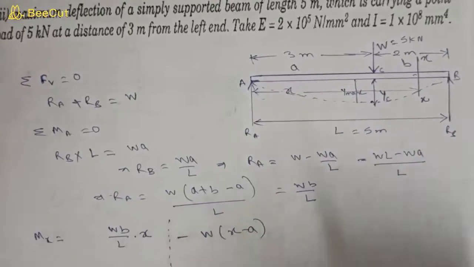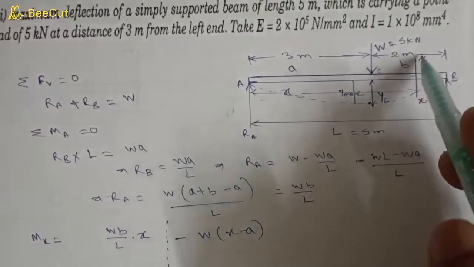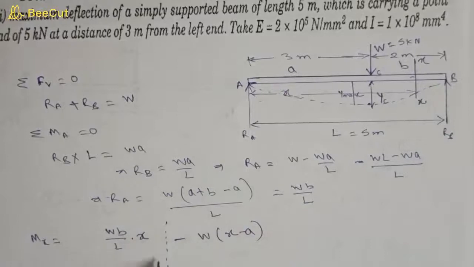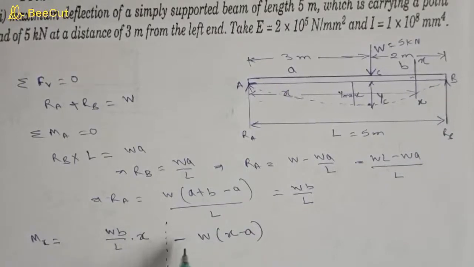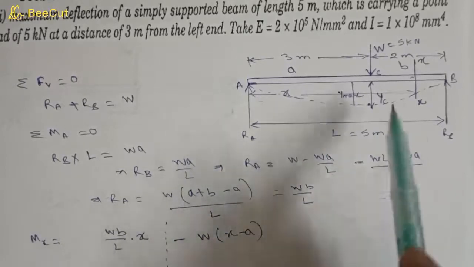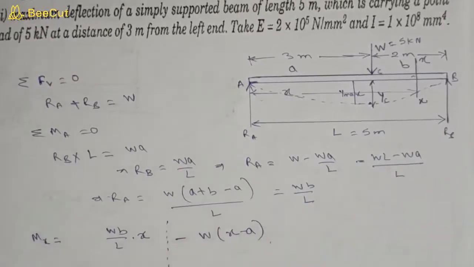Okay, so what was the first rule of the Macaulay's method? First we had to select section in the last portion. Then second rule is we have to make a dotted line, and we have to write moment of every portion for every load after a dotted line. Suppose there was another section, then we should make another dotted line and write moment for that section. Okay, I hope you got up to here.